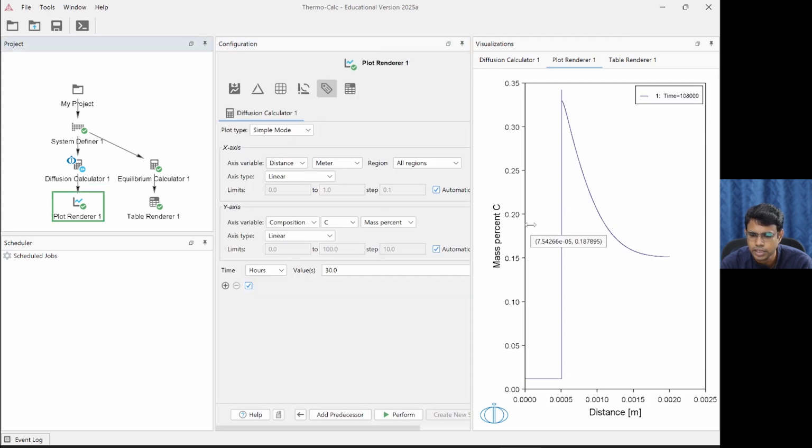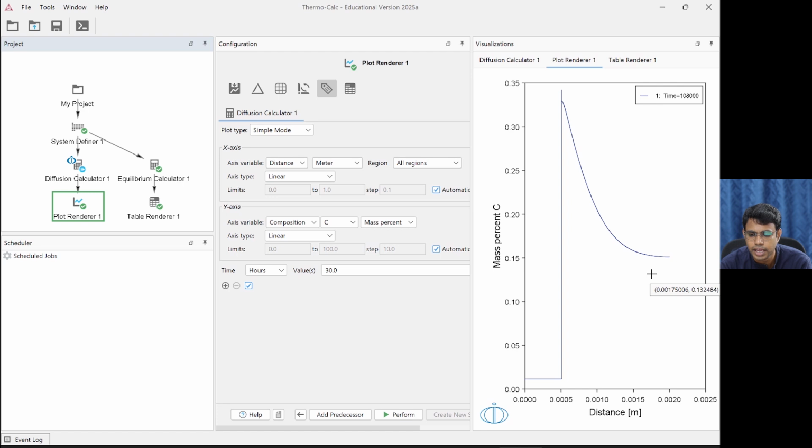You can see mass percentage of carbon against distance has come, and the concentration profile is like this. It has not become a uniform composition on this side. You can sense this is the thickness of ferrite, which has very little carbon, 0.012 up to this, and then it starts jumping to this value. So it jumps to a high value and then it gradually comes down. So this is 0.15, the overall composition that we had. So still things are not in equilibrium. If it had achieved equilibrium, the austenite side would have the same constant composition throughout.